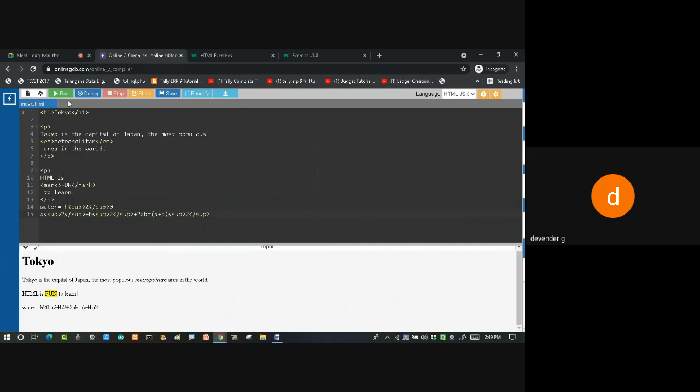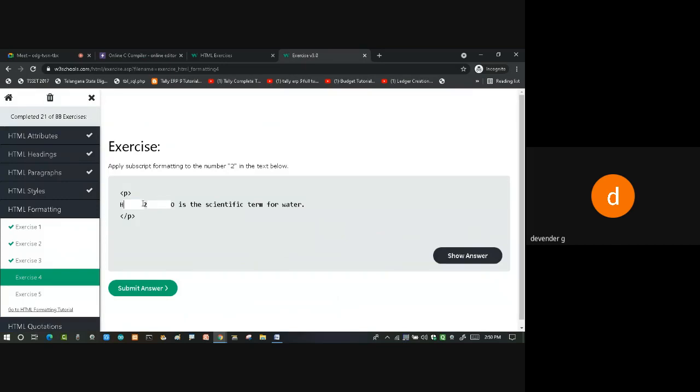Now we'll see whether it is a success or not. Yes, see now it looks like a perfect formula. So in order to get this, what tags are we using? Subscript and superscript. Here to send this as a subscript, you use sub, and closing of subscript.